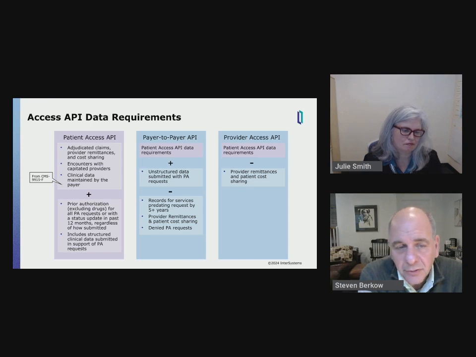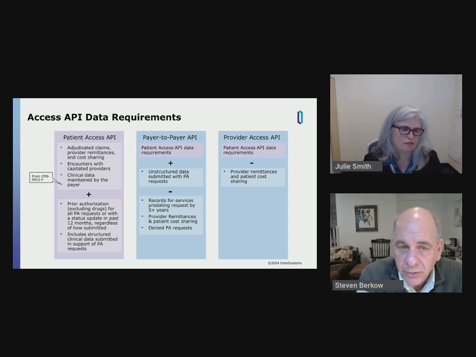And then you can begin to see that, at least with regard to the access requirements or the access APIs, it's building upon what's already been put in place. We're supporting that, other vendors are supporting that. So with regard to the patient access API, dropping down to the bottom, the big add here is information